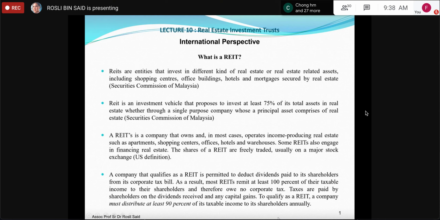They can also provide loans to purchasers in terms of bridging, in terms of end financing, but not in Malaysia. In Malaysia, the developers also cannot become a REITs company. Because if they develop any property, any project, and then they want to keep the completed project for their own investment,